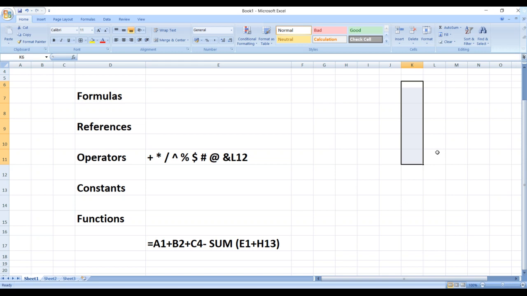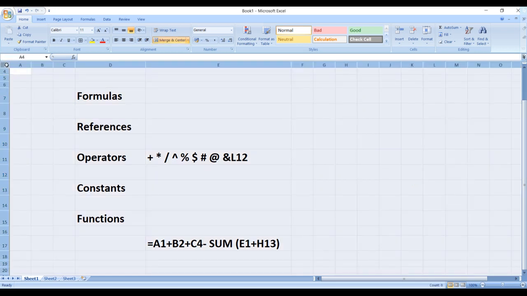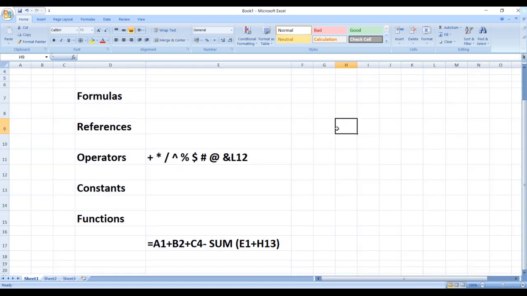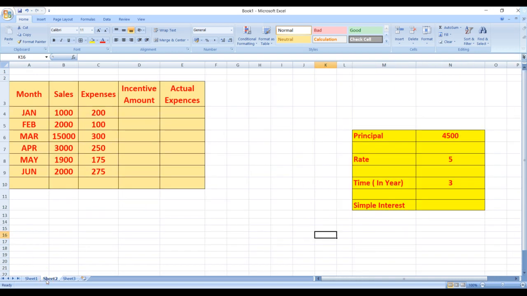It can be an entire whole sheet as well. So this is a range. Even I can say this is my cell, and even this is my range. Even the entire worksheet can also be my range. So these are the few points which are present in our lesson. Now let us go for the next point of our lesson, creating a basic formula.